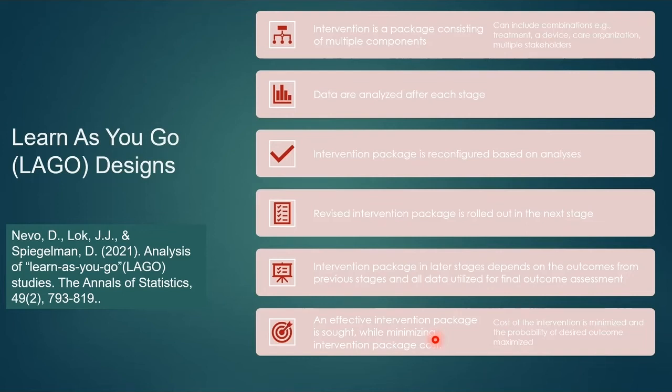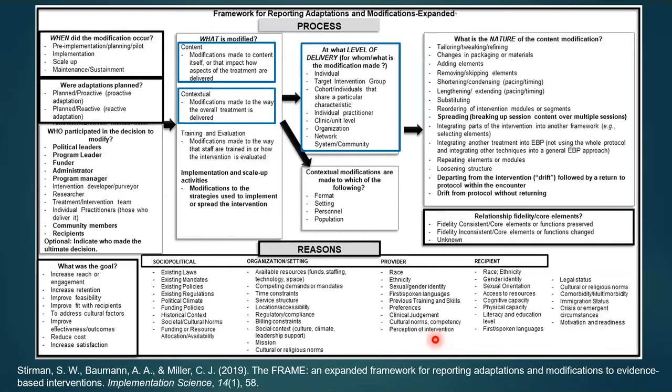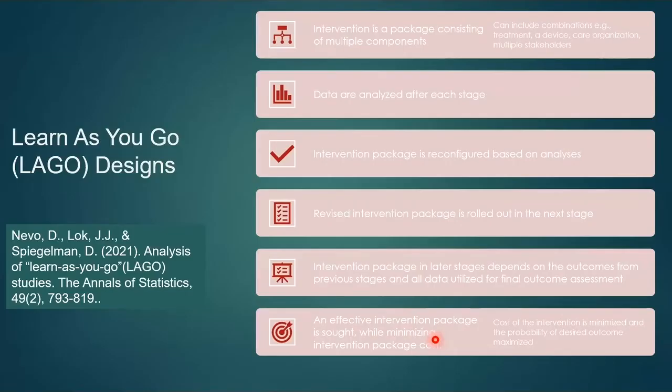So I'll have an example. So this is a way to adapt, as we were talking about on this slide. This sort of adaptation is a way of recording and, through observational methods, assessing the impact of the necessary and chosen adaptations that might occur. The LAGO design formalizes this in a rigorous way so that the randomized nature of the trial is preserved.